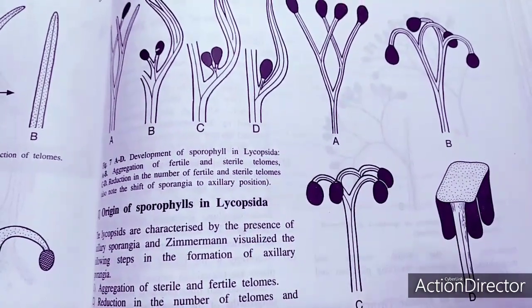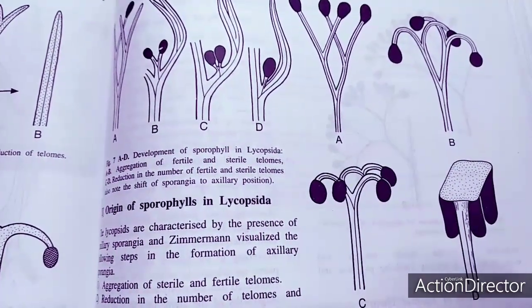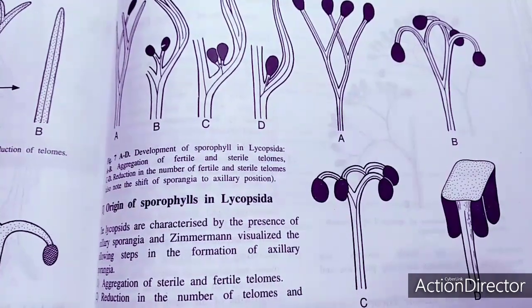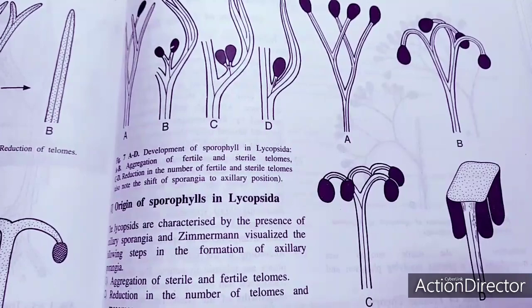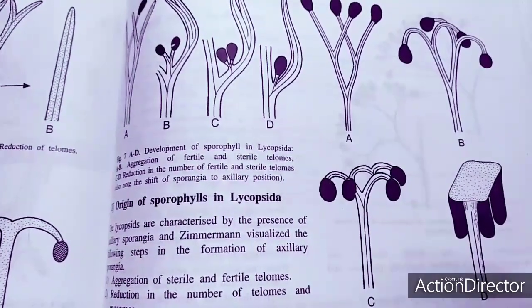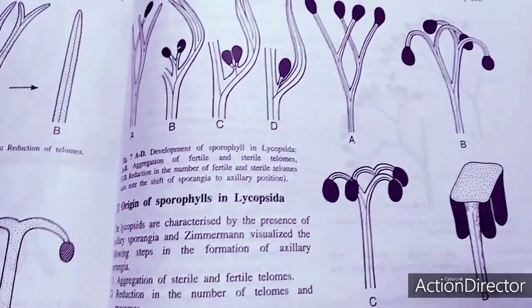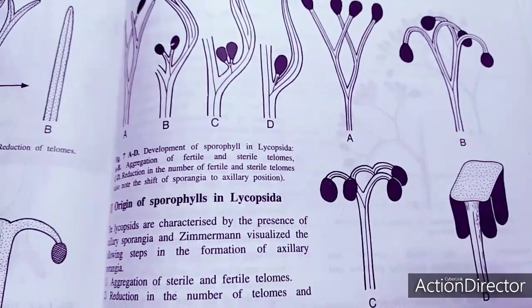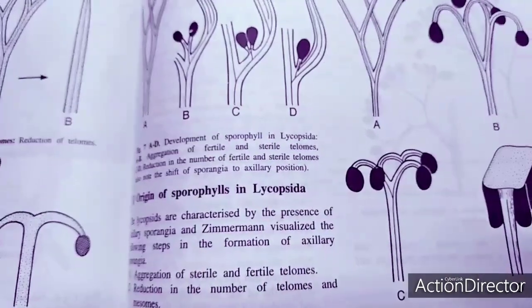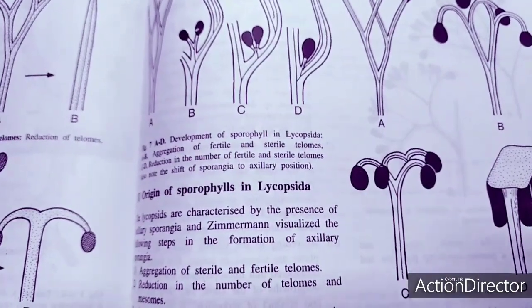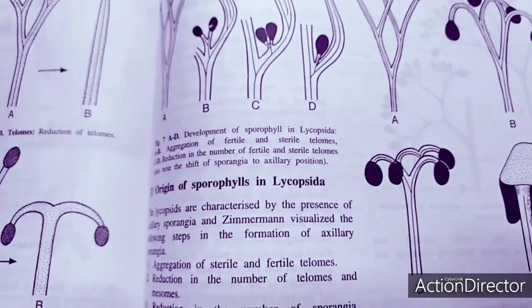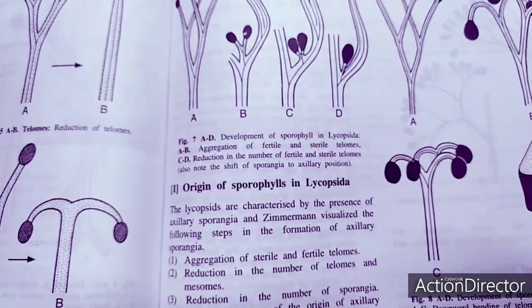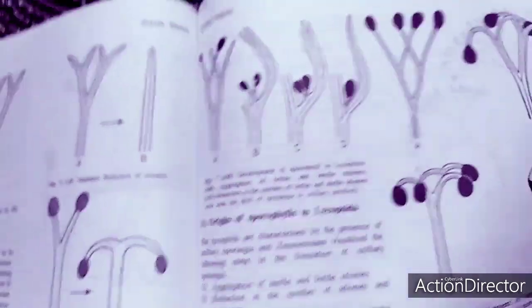Then the second process, the recurved telome, came to life with a common parenchymatous web. Webbing has also been there. So this resulted in the formation of a peltate disc. So the point is very clear. In the first one, downward bending of the telome has taken place. In the second process, a peltate disc forms by the fusion as well as webbing of the telome. So this is a structure which is ultimately developing into the Sphenopsida.